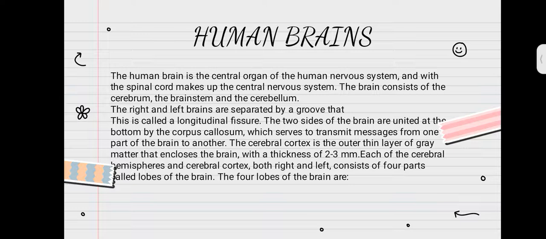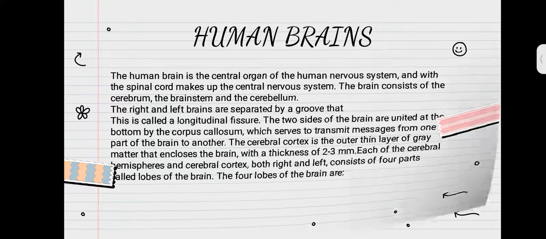The cerebral cortex is the outer, thin layer of gray matter that encloses the brain, with a thickness of 2 until 3 mm, of each cerebral hemisphere. Both right and left cerebral cortex consist of 4 parts called lobes of the brain. The 4 lobes of the brain are: